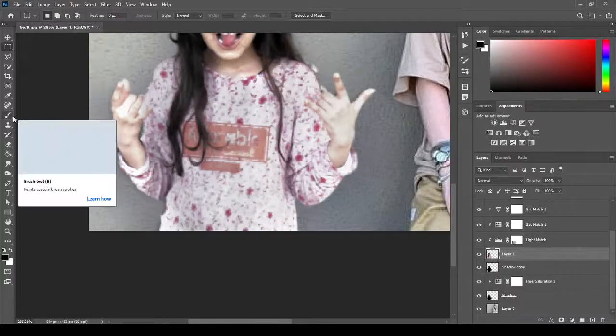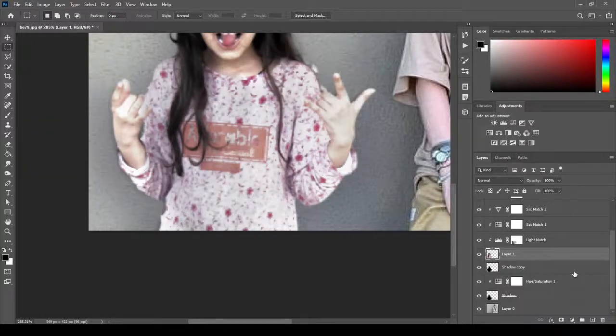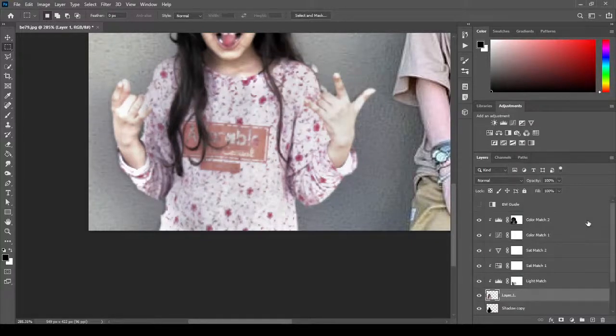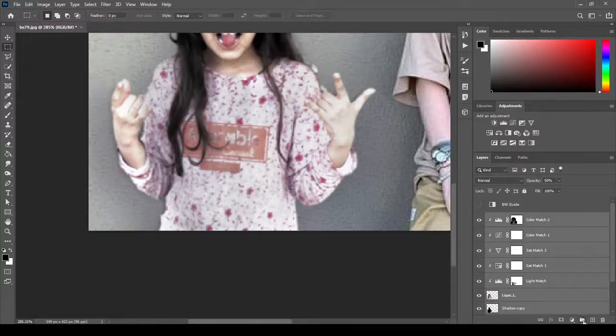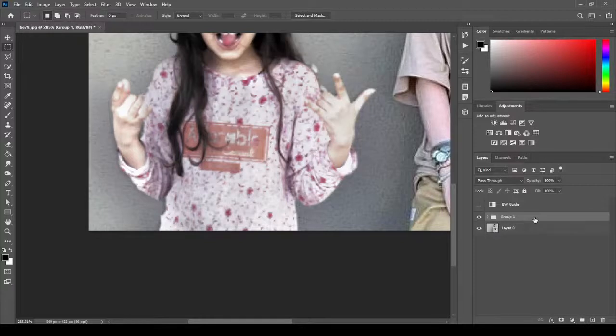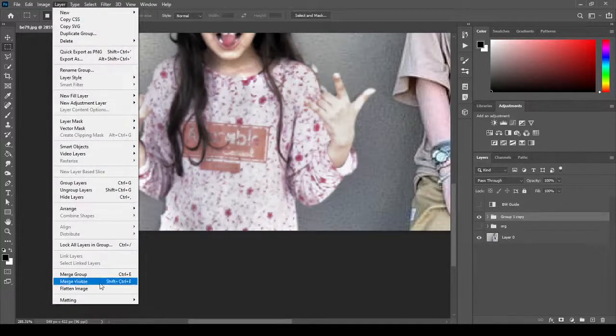So you can take, let's do one thing. Let's take the whole thing, put them in a folder, and this folder I will duplicate, make an original folder, and hide this one. I will call it original. So I will hide the original one, and this one I will select and go to layer and flatten or